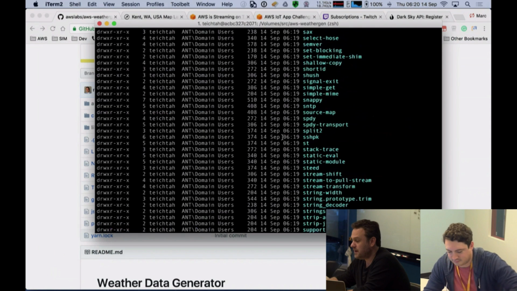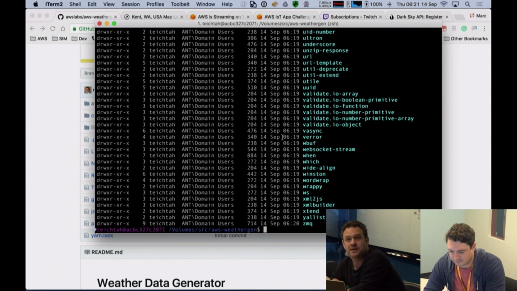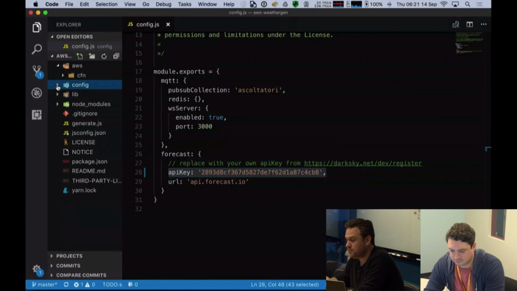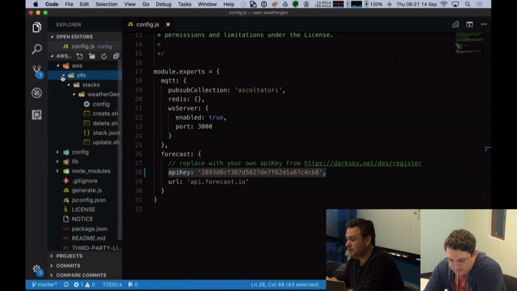So what we've done so far is we've got an API key that we need to make those calls out to the Dark Sky or weather or forecast IO API, and we've installed our third-party dependencies. So from a local perspective, we're pretty much ready to go. So what I'd like to do is, before we get going on the local machine or my local development environment, let's go in and have a look at these CloudFormation templates that we've provided you. You'll still need to do the configuration steps that I've just mentioned in terms of getting an API key before you get started.